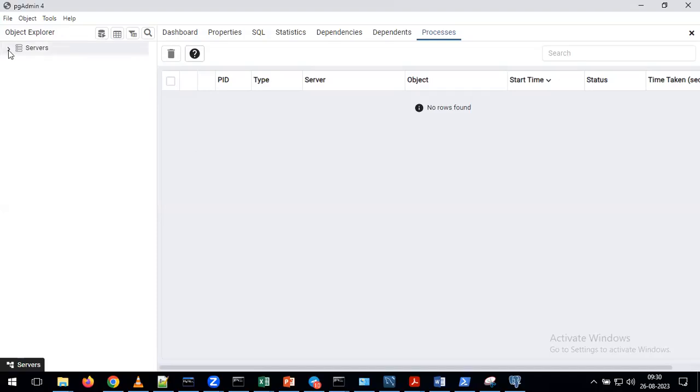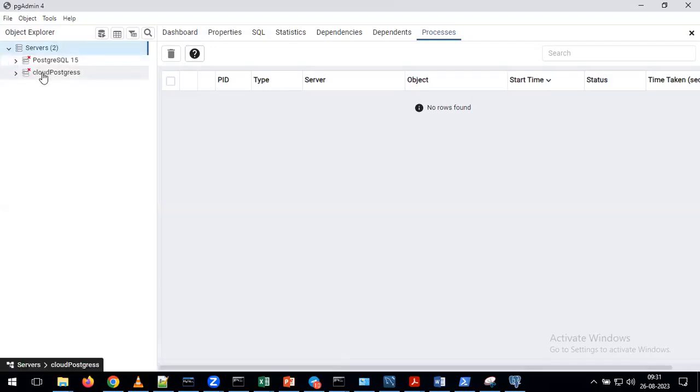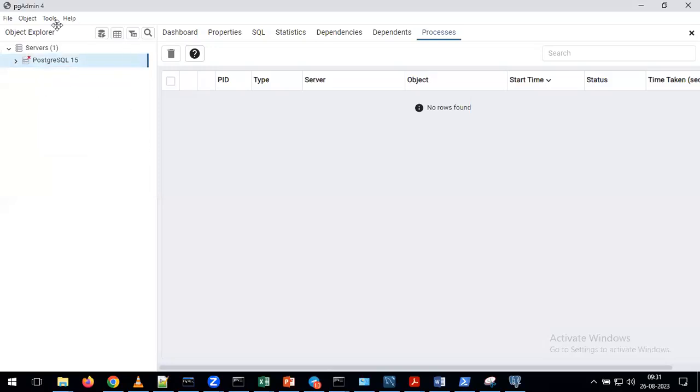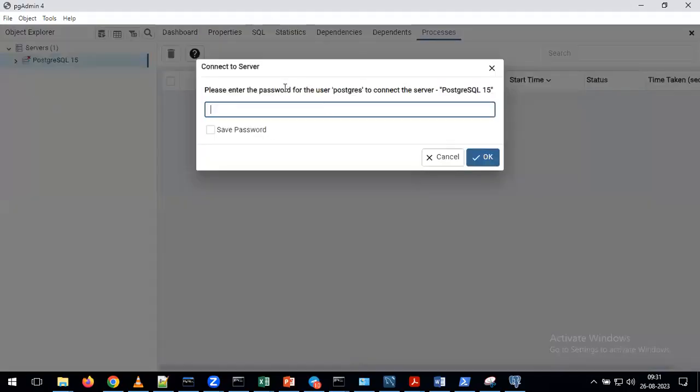So which one do we need to click, sir? I didn't get that. Can you repeat? Yeah, on the left side we have the Servers, and on the right side we have the quick links, Get Started and all. Which one do we need to click on here? Here, click on the Servers. Okay, here you can see the Servers only, just click on Postgres 15. It will ask for the password like this. If we are accessing this application for the first time, it asks for the password. Whatever password you gave earlier, please enter the same password here one more time.